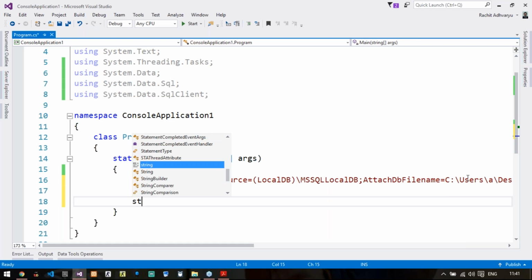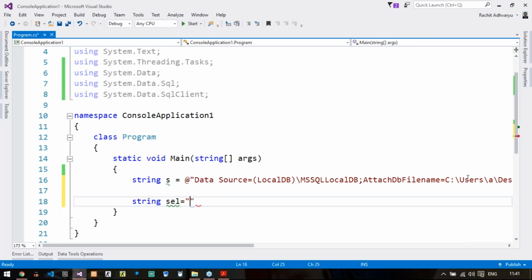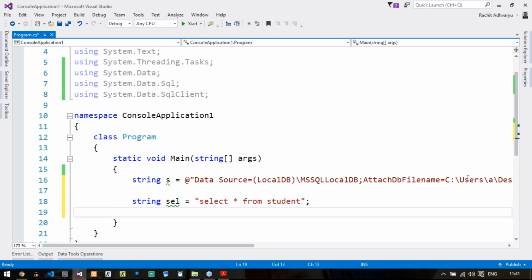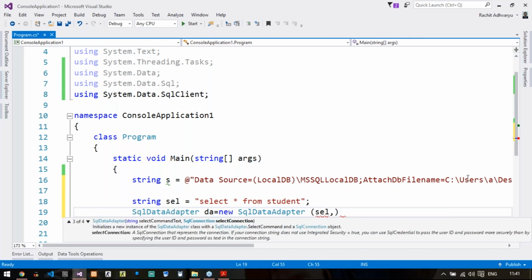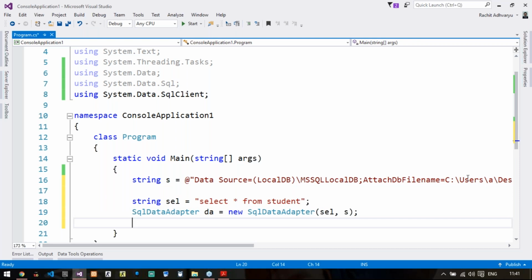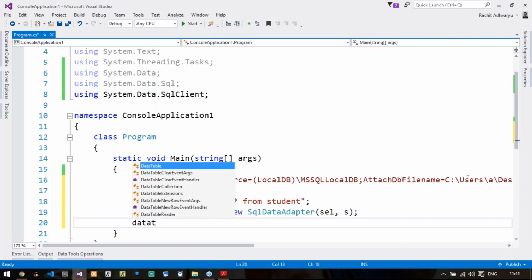Next, I need to execute this query, so I will have SqlDataAdapter DA equals to new SqlDataAdapter, and in the brackets I will provide my query SEL and my connection string S. Now whatever data is fetched by DA has to be filled in something. I will use a DataTable: DT equals to new DataTable, and I will write da.Fill(dt).